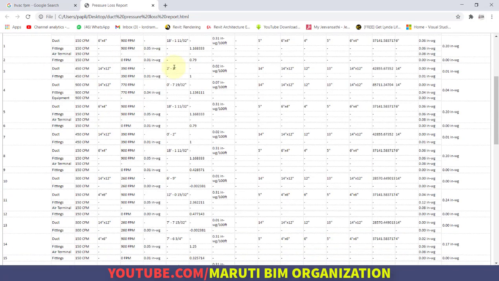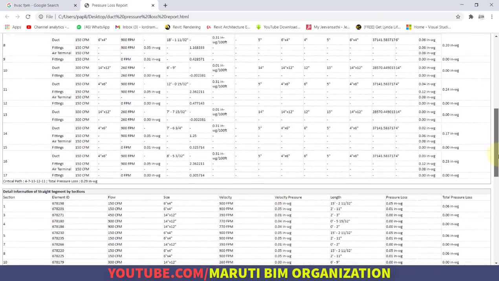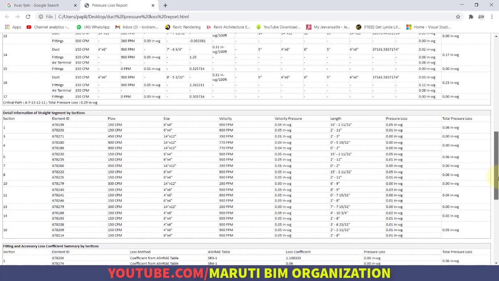And here are all the options: section, element, flow, size, velocity pressure, length, loss coefficient, friction, diameter, equivalent diameter, free size, height, hydraulic diameter, and all the things. So these are helpful when you are actually going to install the system on the site.